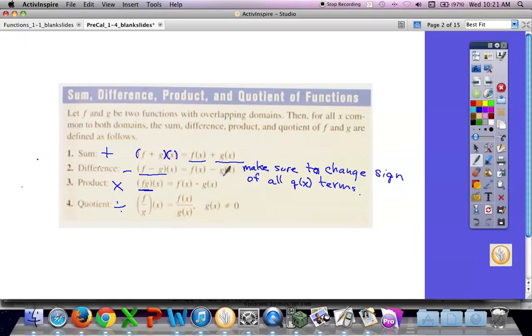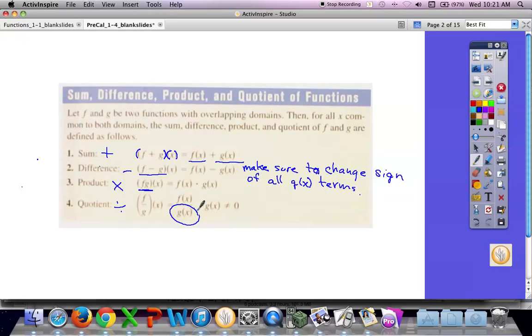So if there's more than one term, you have to make sure that every one of those terms has its sign flipped. And this one, when you're dividing by any kind of variable expression like g of x,